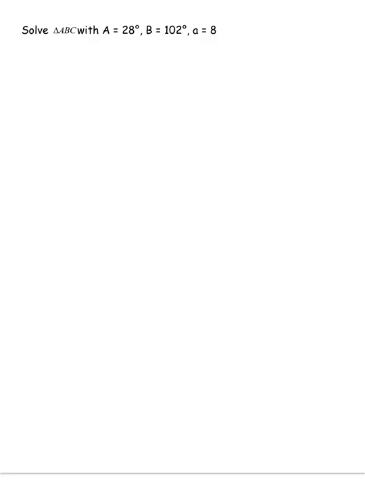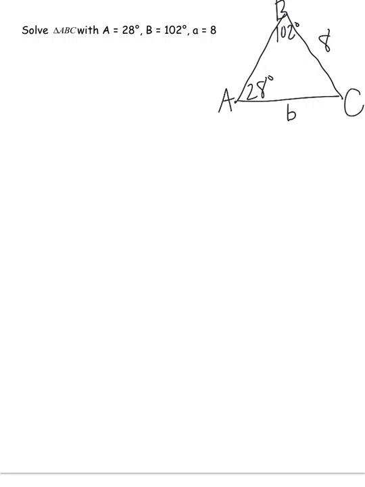Okay, and here's one more example. For good measure, we'll draw the picture. A is 28 degrees. Little a, which is across from it, is 8. B is 102 degrees. Clearly I did not draw to scale. And little b across from that we don't know. And we don't know angle C or side c. We know nothing. But that's okay, because our first step can always be to find the missing angle